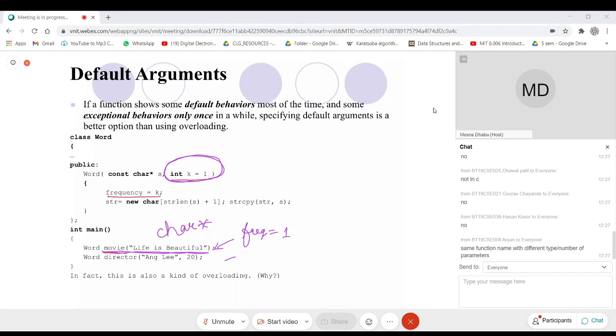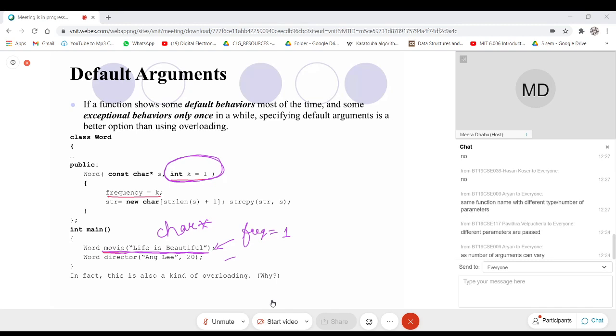So this is also one form of overloading. This is also one form of overloading. Can anybody tell me why it is one form of overloading? Anyone?